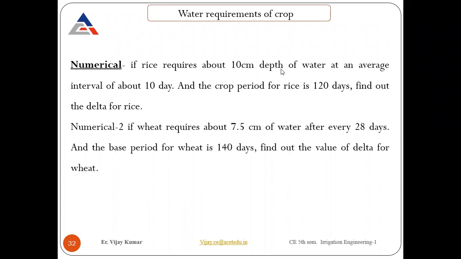Those who gave the wrong answer, make sure you do not make silly mistakes every time this kind of problem is asked. The problem is that students run after the values they get. 120, yes, there is the option, just click on that. So that's how you make the mistake.